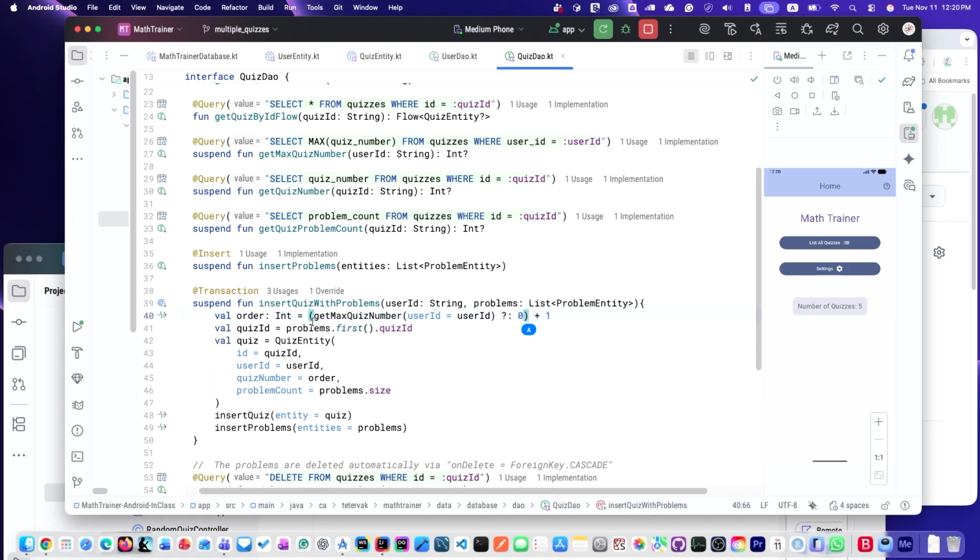So it's also logic about transactions, right? So I got the quiz number. Order is just another word for quiz number. I can rename it. All right. So next,